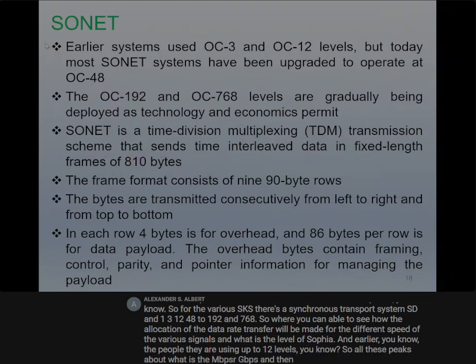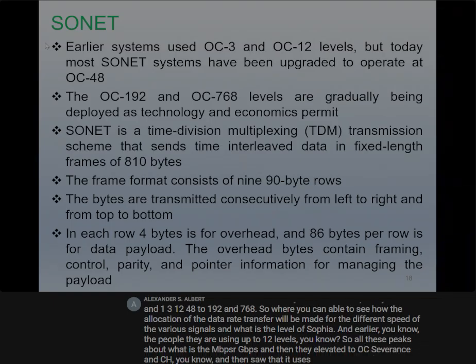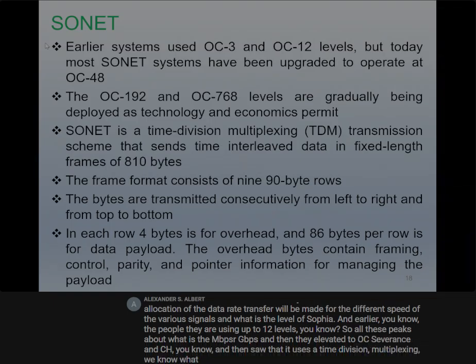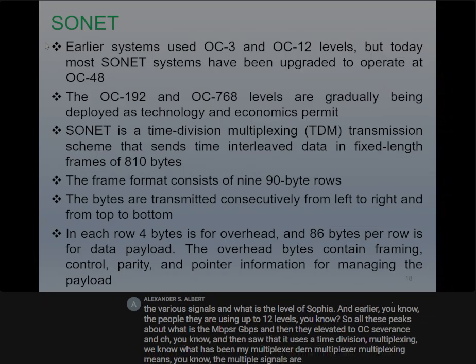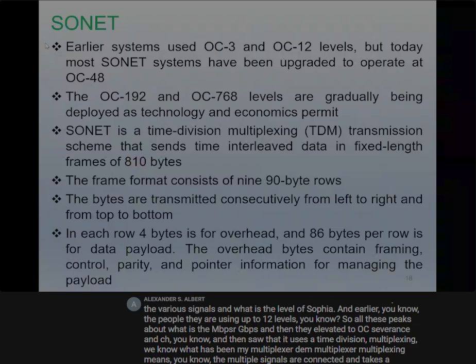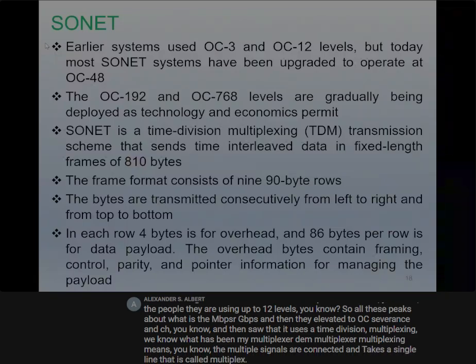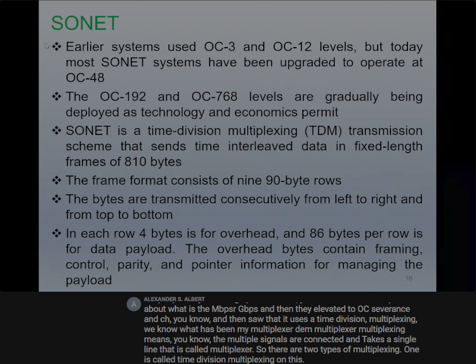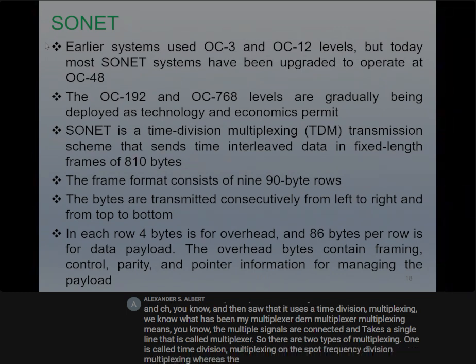And then they elevated to OC-768, and SONET uses time division multiplexing. We know what is meant by multiplexer and demultiplexer. Multiplexing means multiple signals are combined onto a single line. That is called a multiplexer. There are two types of multiplexing: time division multiplexing and frequency division multiplexing, whereas SONET uses time division